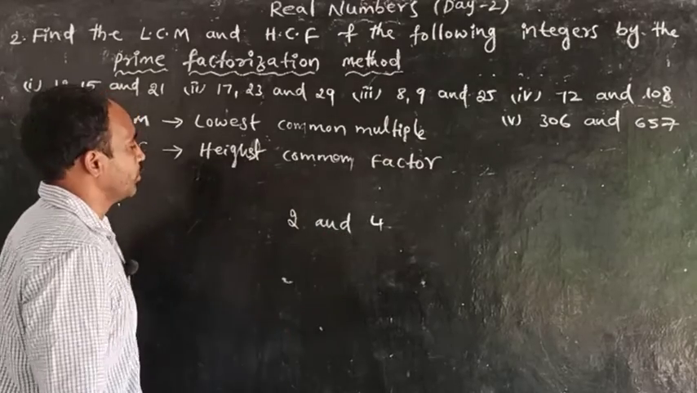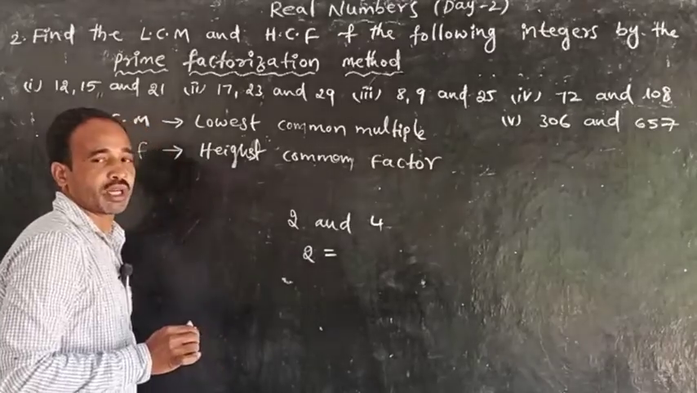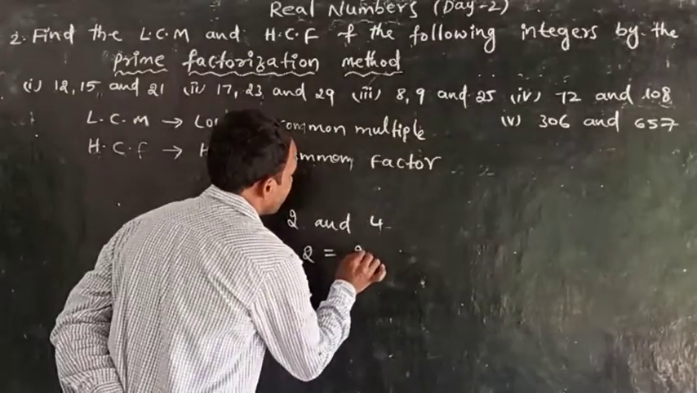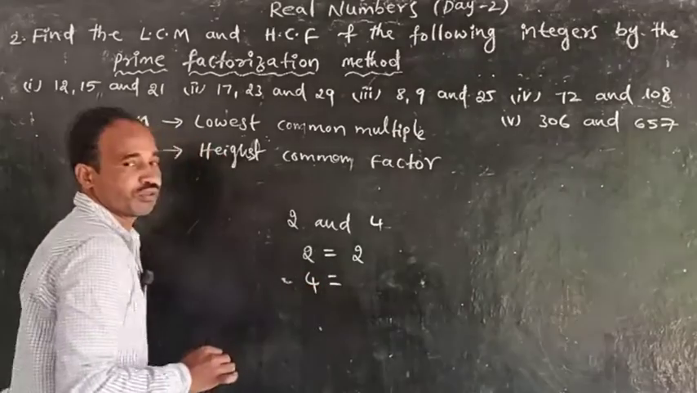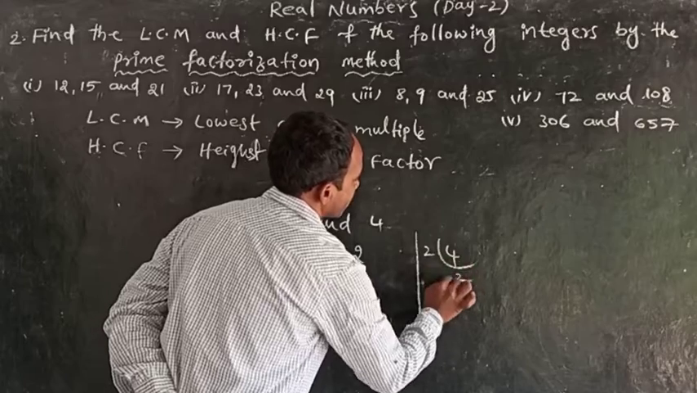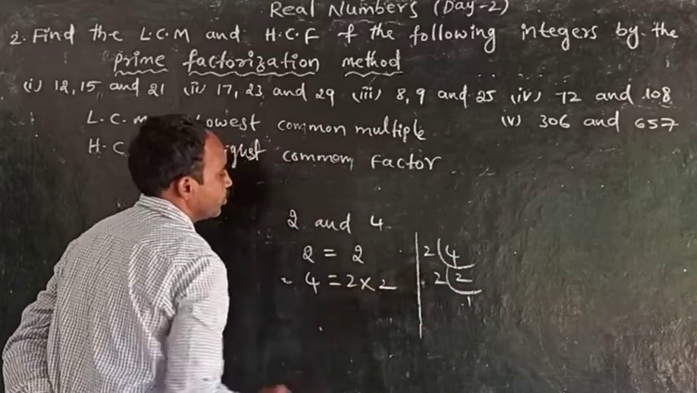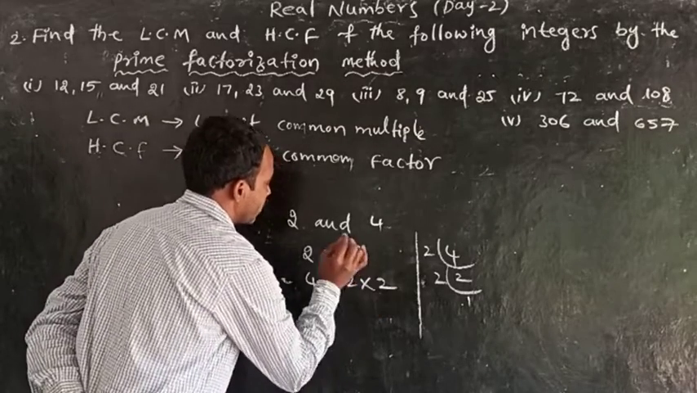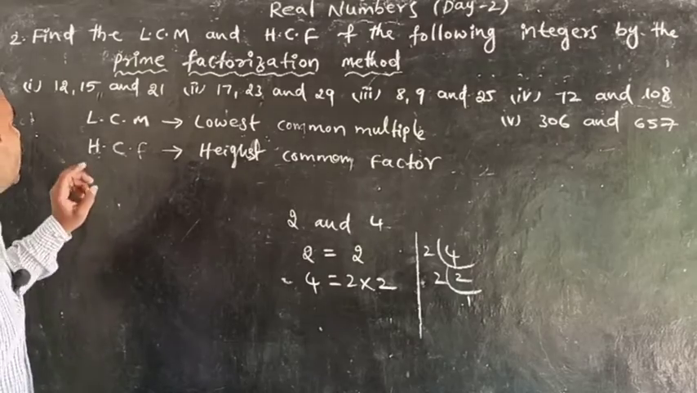What are the prime factors of 2? The prime factor of 2 is only 2. Next, what are the prime factors of 4? 2 twos are 4, and 2 ones are 2. So 2 into 2 are the prime factors of 4. Now, if we want to find the LCM,